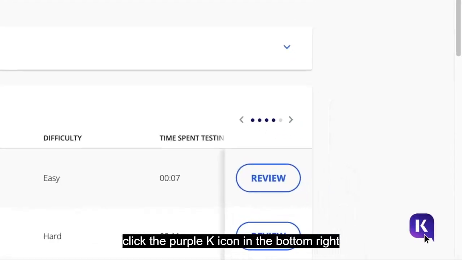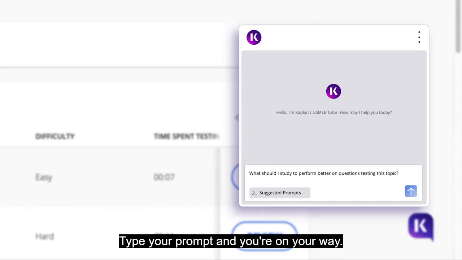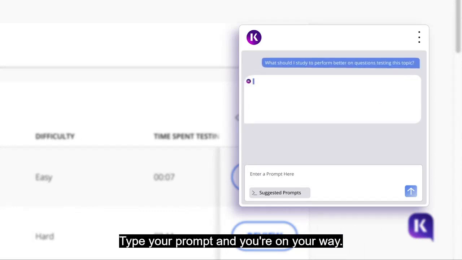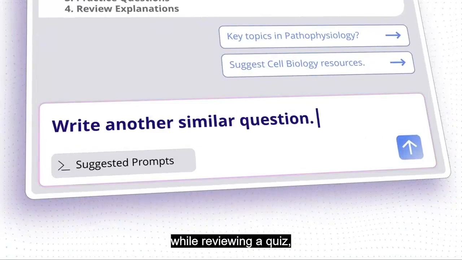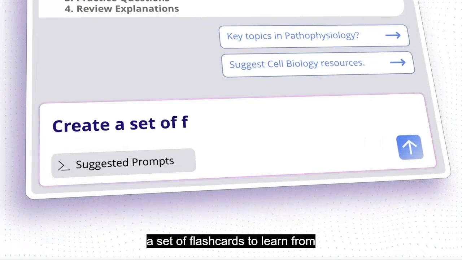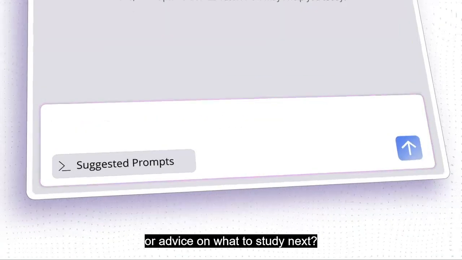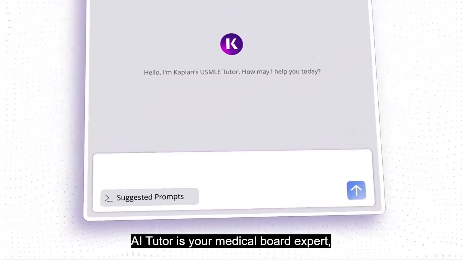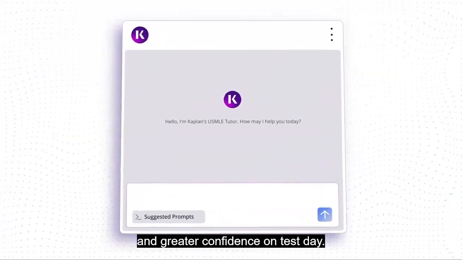the purple K icon in the bottom right and AI Tutor will open up. Type your prompt and you're on your way. Want another exam-like question about a topic while reviewing a quiz, a set of flashcards to learn from, or advice on what to study next? AI Tutor is your medical board expert, ready to guide you on your journey to content mastery and greater confidence